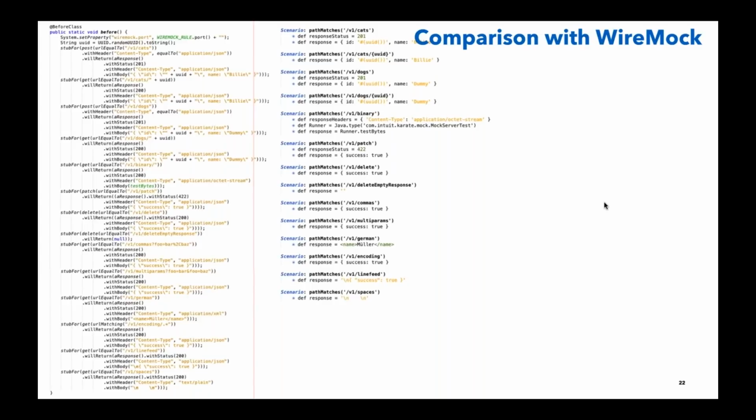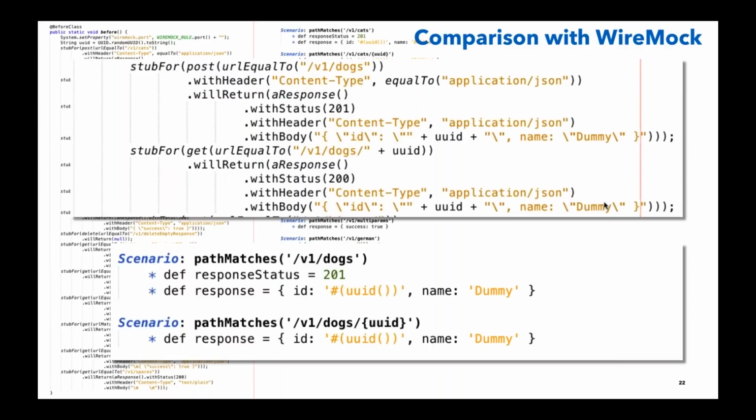So one common question that should come up now is, how does Karate compare to WireMock? You've already seen some of the interesting aspects and implications of the way Karate works. And if I zoom into this, yes, you can already see the right side is Karate. It's a lot crisper, far easier to read, in my opinion. And if I zoom in, you can immediately see a typical WireMock test is the one above.